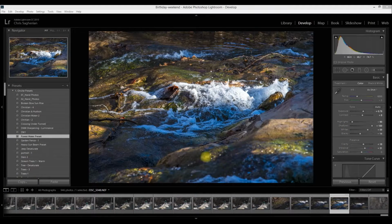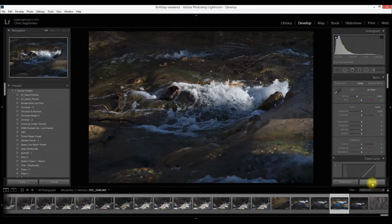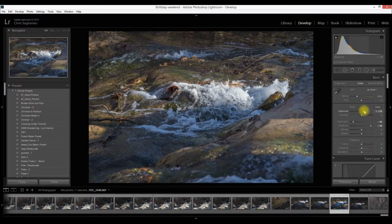So I'm going to go ahead and reset this photo. If you're not familiar with Lightroom, you might want to watch a video on how to use Lightroom, but we have this photo here, and the first thing I'm going to do, typically do this on all my photos, is lower the highlights, increase the shadows, increase the exposure because this one was shot a little bit too dark,